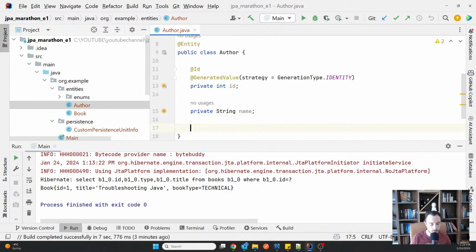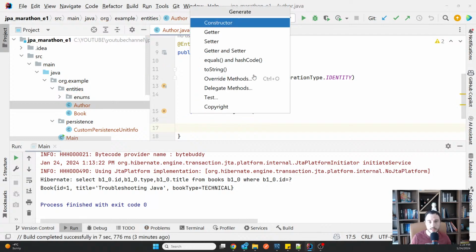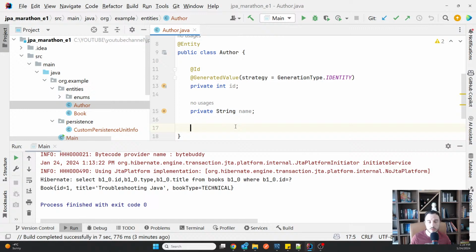And let's say, for the sake of this example, that we want to say that an author might have published multiple books. If I want to represent somehow the relationship between author and book, I have to use the relationship annotations. Let's start actually from the simplest.